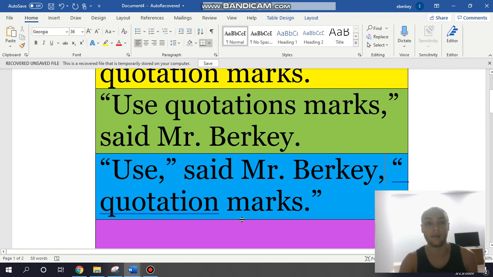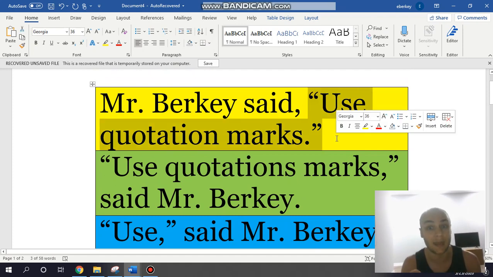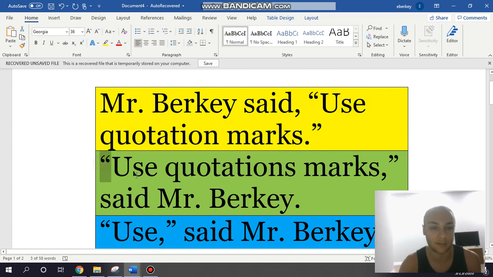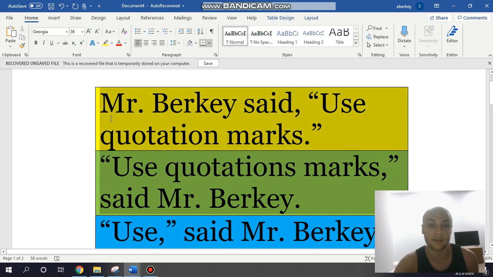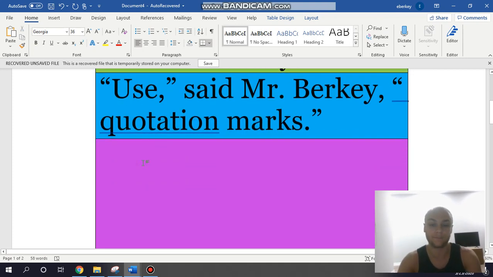That is confusing. I want you to focus on understanding that we put a comma after said, and then we put quotation marks around what is said. Here we put quotation marks around what is said, and then a comma to show who is saying it. These two right here are the most important things that we need to learn. The last one is one that you already know.